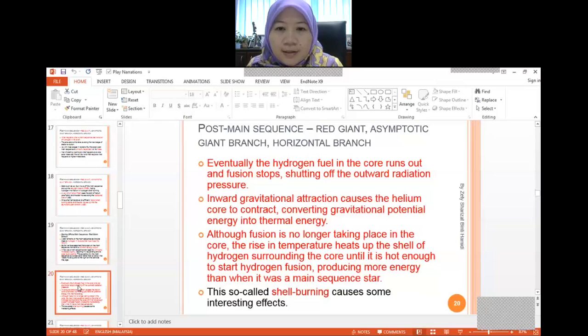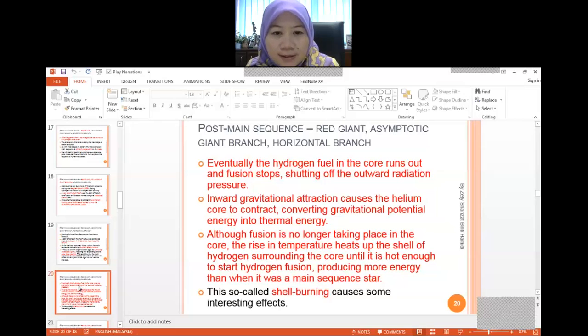And we can have the hydrogen fuel inside the core run out, and the fusion will stop, shutting off the outward radiation pressure. So we can see the inward gravitational attraction here, which causes the helium core to contract, and it will be converting the gravitational potential energy into thermal energy. So we can see the formations, the difference, and also the mechanism of energy that happens in this stage. It will change the form of energy from gravitational potential to thermal energy,